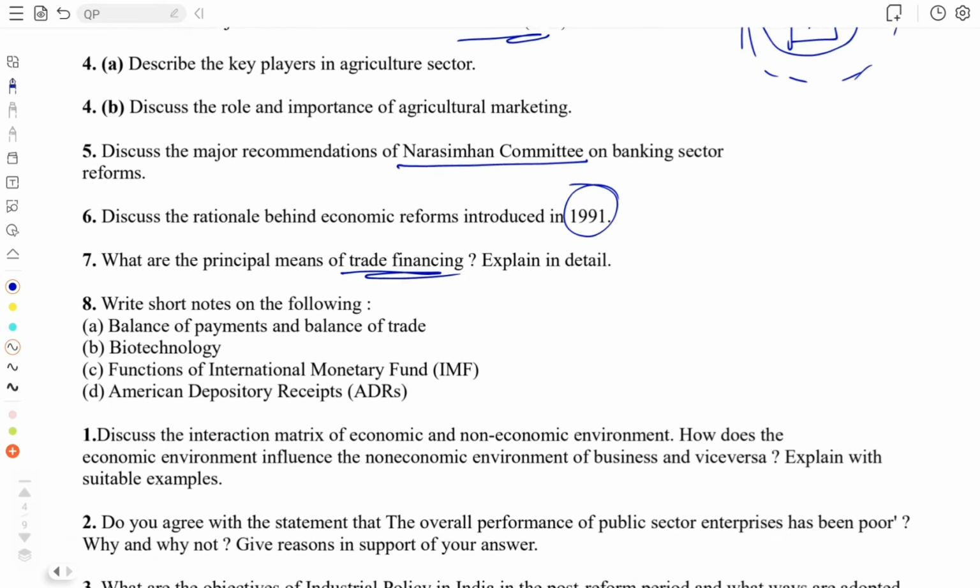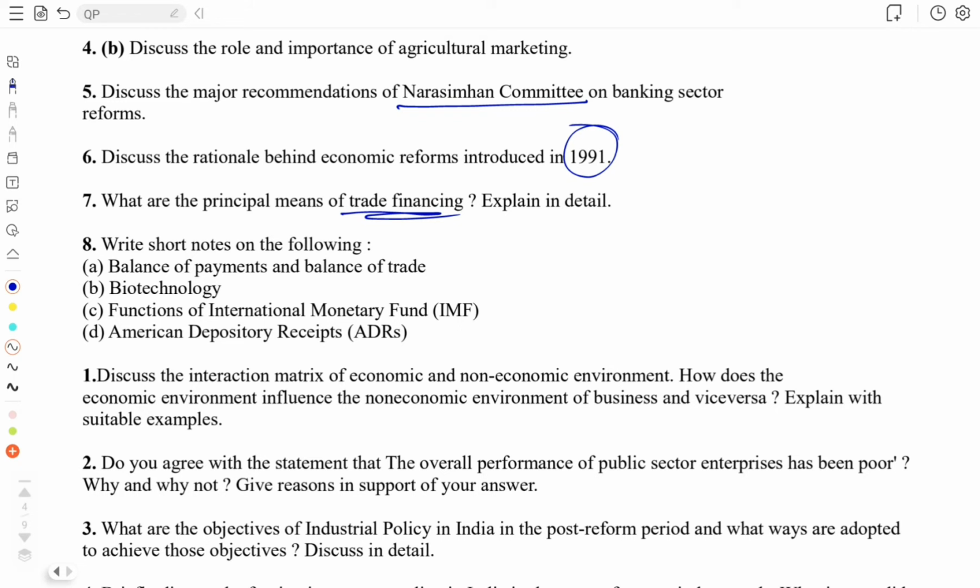Okay, so the next question, write short notes on all of these. Okay, first is balance of payment and balance of trade, BOP and BOT. So what is balance of payment? Balance of payment for a country can be defined as a systematic record of all the transactions that happen between economic units of one country and the rest of the world, okay, at any given period of time. So all the transactional records made among individuals, corporates, government, all those things come under this, and it helps in keeping the flow of funds in track to develop the economy as a whole.